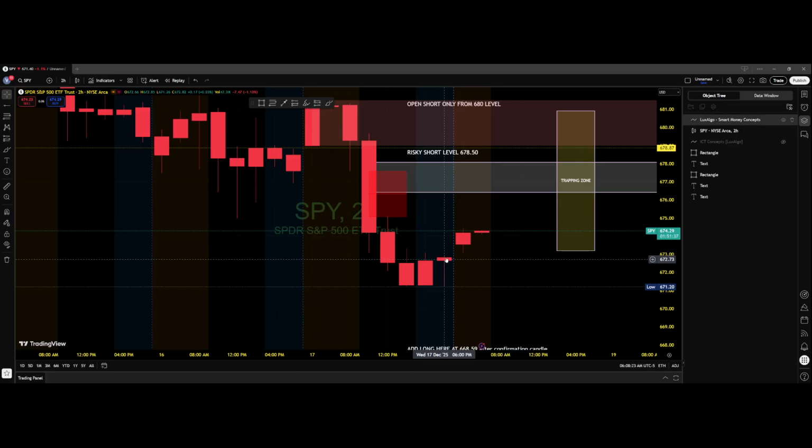When I say liquidity, liquidity is the unmitigated orders. Unmitigated orders are the ones which have not yet been mitigated. When the market makes an exponential move, definitely those are buying or selling coming from the big institutions. So whenever they start to buy or enter in the market, the rally starts to